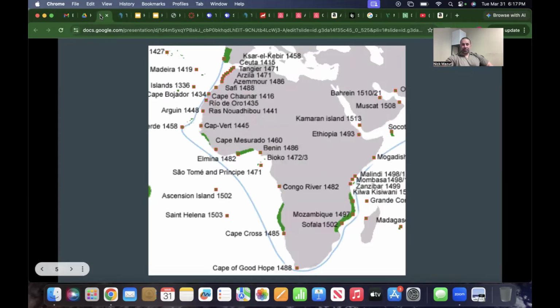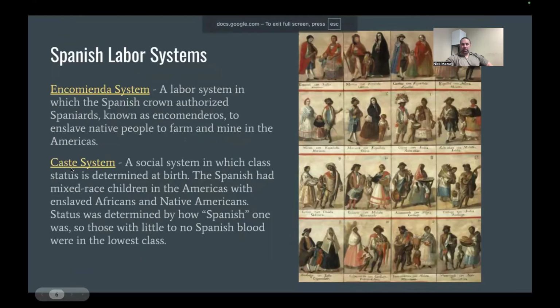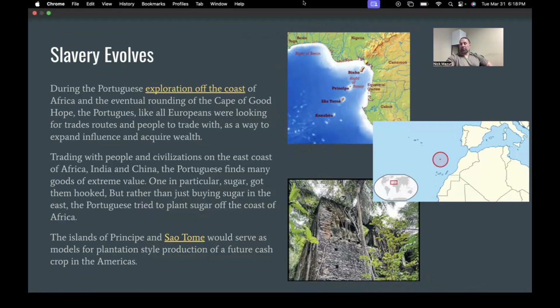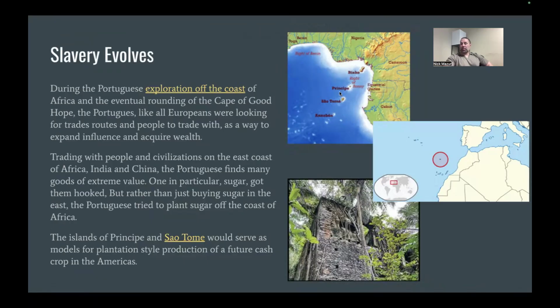And let me show you. So let me go back. Whoops. There we go. Sao Tome is an island, and the island of Principe is right off the coast. So remember, the Congo River Basin is here. It stopped here in Sao Tome, and then it went all the way up to Europe. So is it possible that it stopped here?